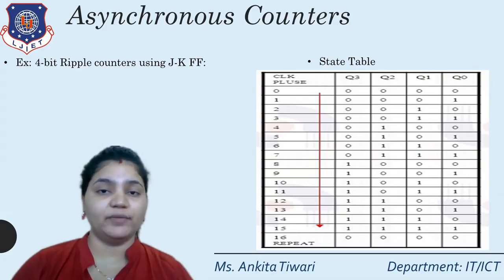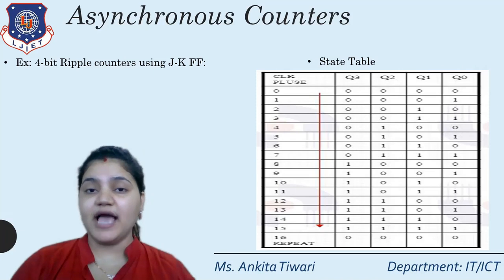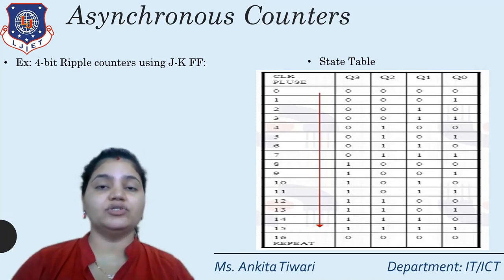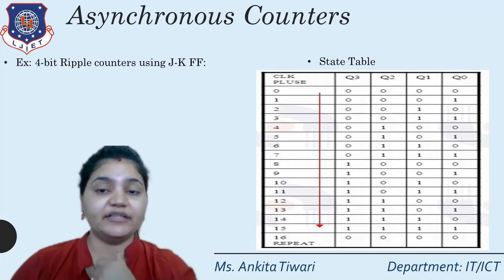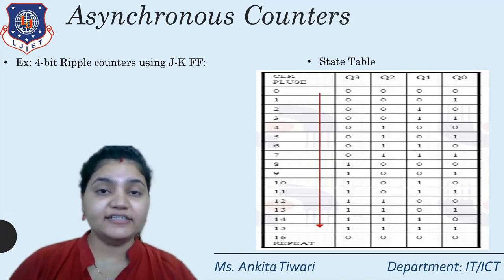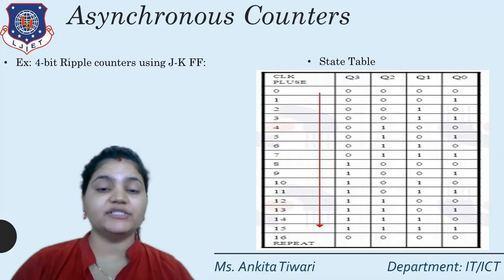Now we'll go for the Q3 part. The same thing we will see, as to whether it is working or not. We'll see 0, 0, 0, 0, 0, 0, 0, 0, 0, 0. Now 0, 1. That means it is complemented at this position. That time we'll see the Q2 value. It goes from 1 to 0. Just see, the same thing is happening for Q3 also. So this way, we got the 4 conditions.